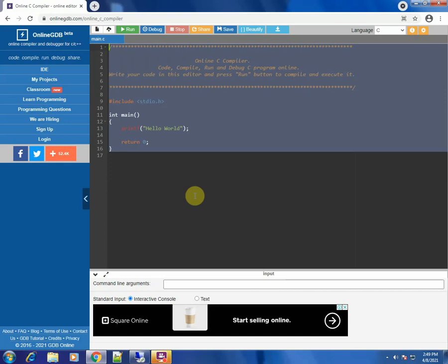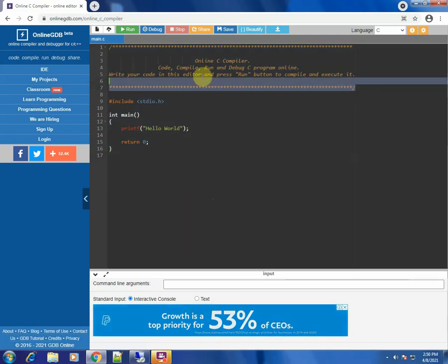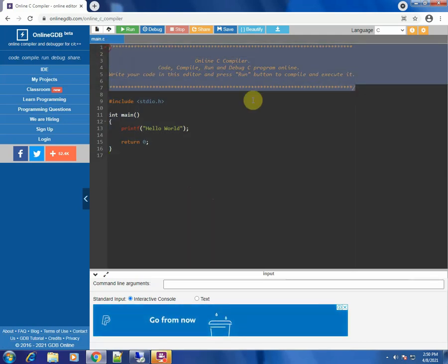Hence you can edit it, clear it fully, and write your own code, or just remove whatever you don't require and add the lines which you want to add. What you see in orange is nothing but comment lines. They are just comment lines.